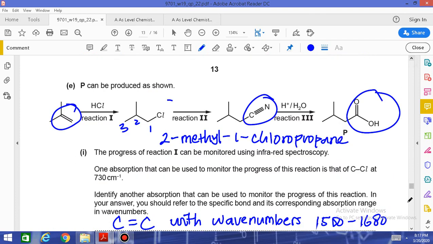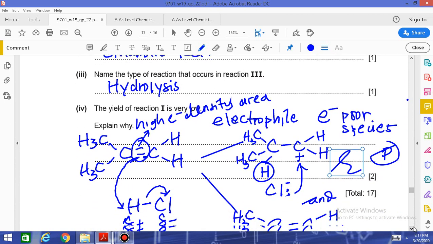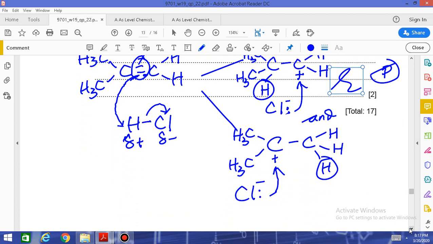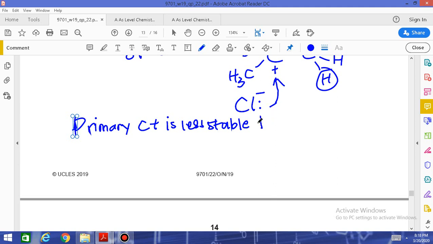The reaction yield is very low because a primary carbocation is less stable than a tertiary carbocation. So the answer is: primary carbocation is less stable than tertiary